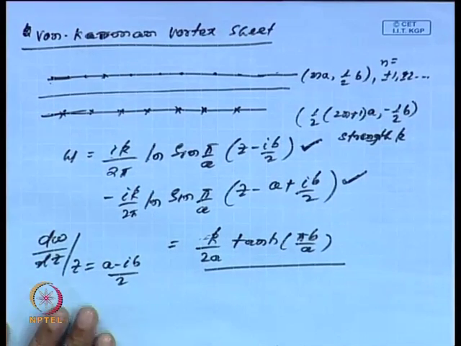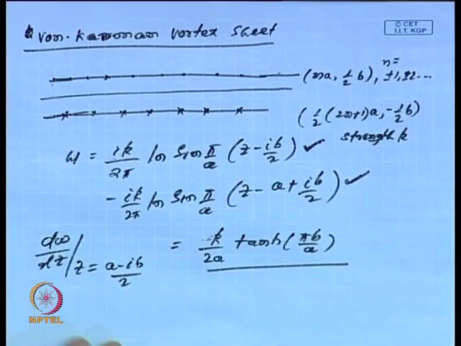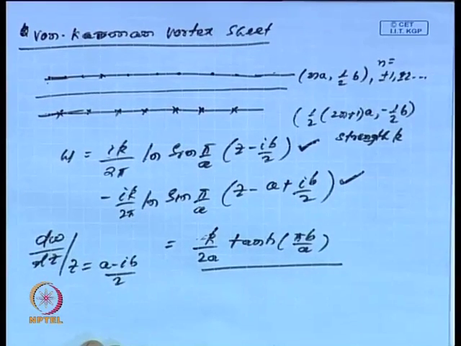That means the speed will be unaltered wherever I consider. That means the vortex configuration is unaltered with time, for all time t, and this vortex configuration is often